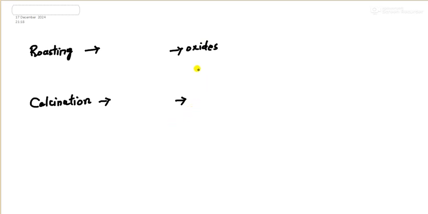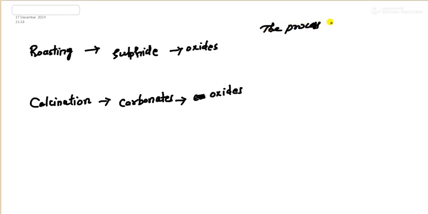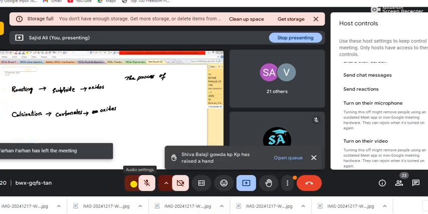See, oxides, and this is also where we convert into oxides, but this is for carbonates and this is for sulfides. Okay, so you can write the answer like this: the process of